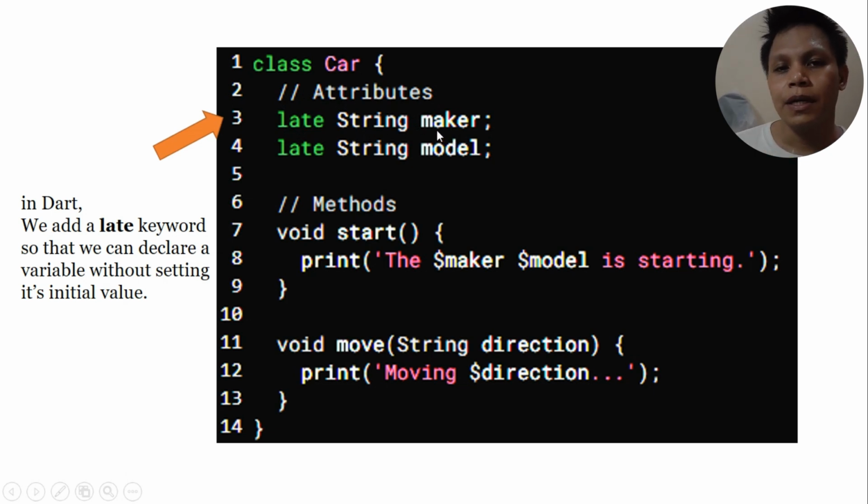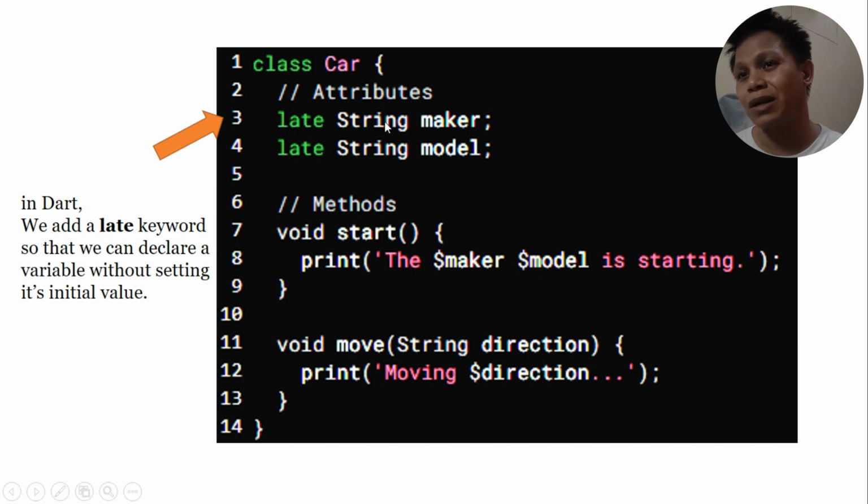And as I mentioned, attributes are variables. So, just like in C language, when we're going to create a variable, we have to emphasize, or specify kung ano yung data type niya. Is it an integer? Is it a double? Is it a float? Is it a string? Then, followed by the name of the variable or attribute. So, yun. Then, semicolon. And then, once we have defined our attributes, since dalawa lang yung attributes natin, next